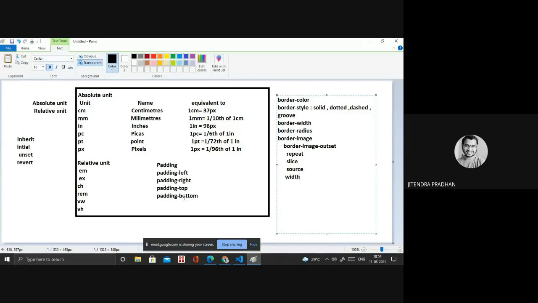If you want to apply a particular left side and right side border, you need to apply border left style, border right color, border left width, bottom width or top width, whatever you want. I hope you understand how we are applying border, padding and margin. These are the properties we have.